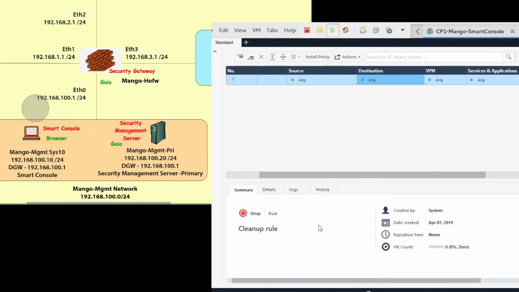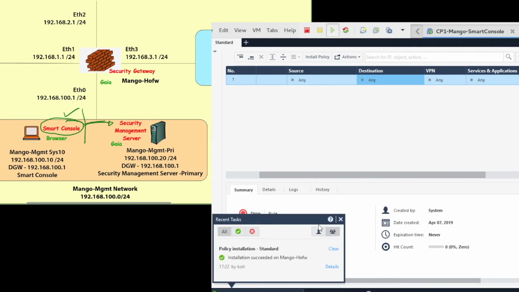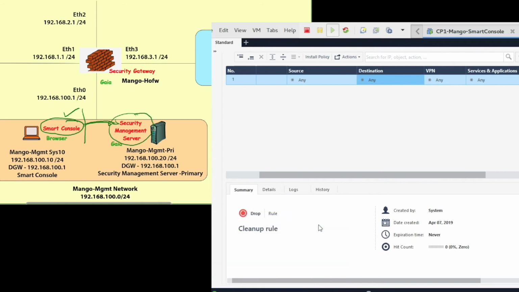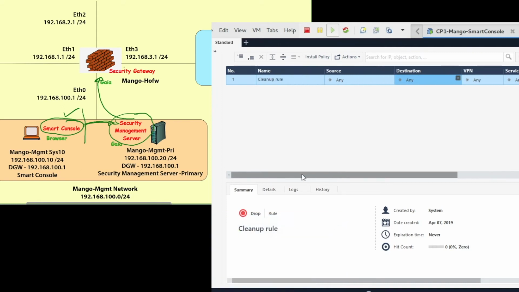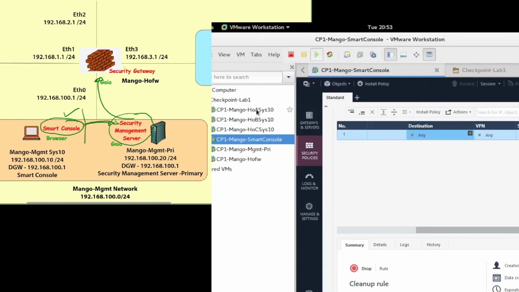So using the smart console application, I log on to the management server and create objects and policies. When I create all that, actually I'm creating it on the smart console only. Then publish means I save on the management server and ask the management server to install the policy onto the firewall. The management server will open a connection to the firewall and install the policy on the firewall. It says that the policy is successfully installed. What policy did you give to the firewall? Any drop. Let's see whether the packets are really getting dropped or not.